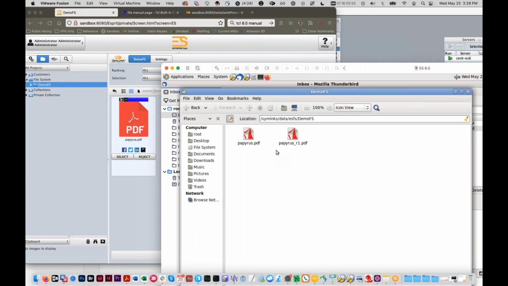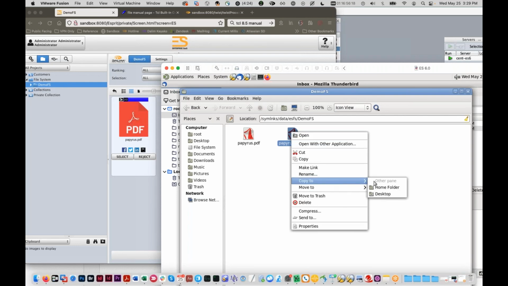So we had a case, the customer we built this for, where they get files and they normalize them through TWiST before they go to ES. They're basically picking up from an FTP and running the files. And they wanted a way, without the files ever hitting ES first, in TWiST to normalize them and then transmit them to the file system with the right suffix so that they would create a new revision. Because you'll see here, for example, I manually copy this and